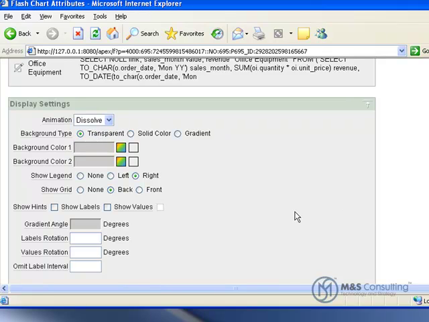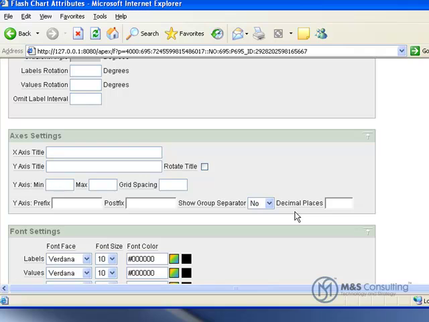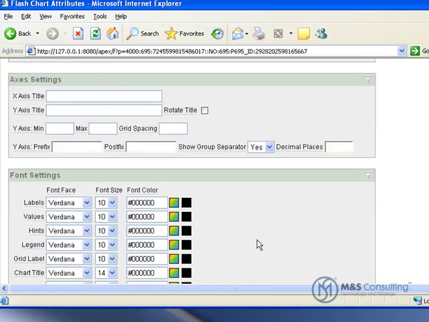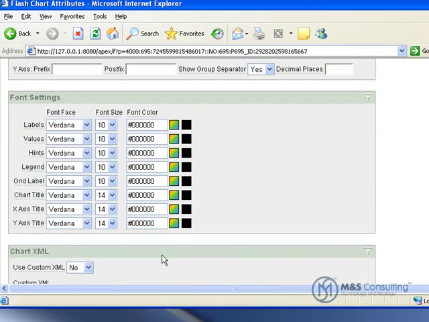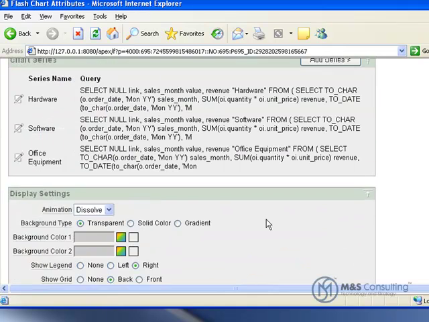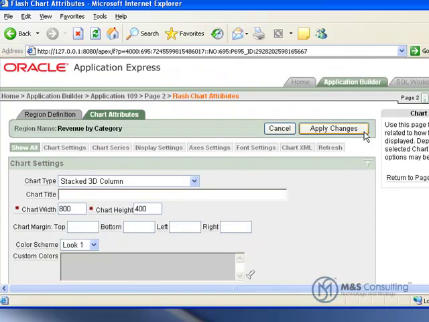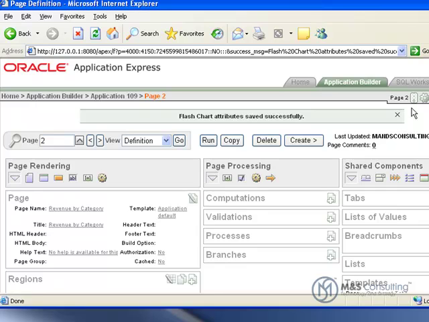We're going to change the animation to be Dissolve. On the Axes settings, we're going to change Show Group Separator to Yes. And then we're going to scroll down just a little bit more to Font Settings on the X-axis title, and we're going to change the font size to be 10-point type. Once we get all that set, we're going to go up to the top, click Apply Changes,